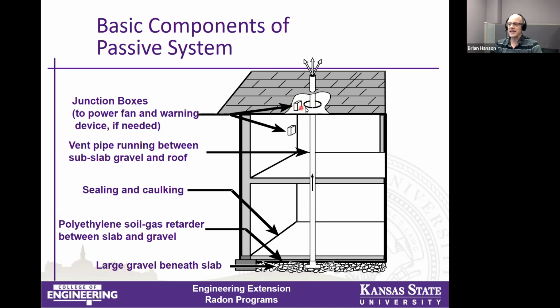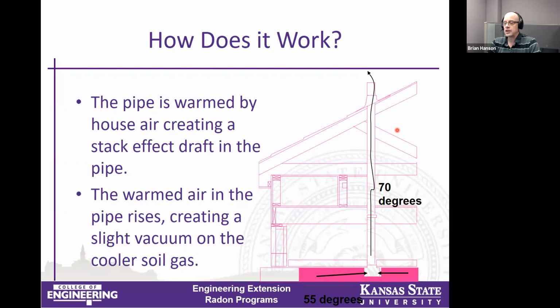And within 6 feet of that pipe up in the unconditioned attic, we put a junction box in case we have to then put in a low wattage fan to get us over the hump and below the EPA's recommended indoor action level of 4 picocuries. Now, ideally, we will stay below 4 in many houses with a passive system, just taking advantage of the stack